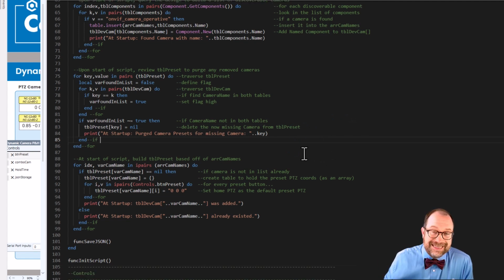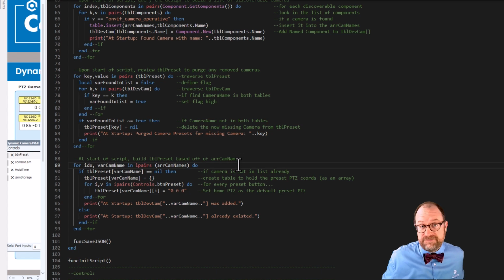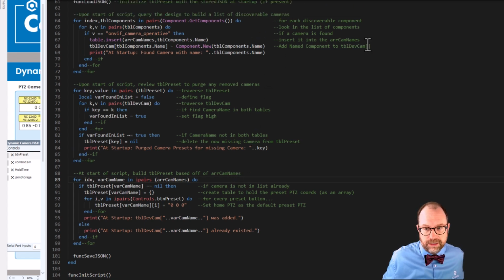Okie dokie. And then lastly, we want to run through this array of camera names that we found. Basically, like we found all of these cameras, right here. We found them, line 68. So for all of the cameras that we found, let's run through them. And then if the camera is not already in my preset list, then let's build a table for it. And let's populate that table with